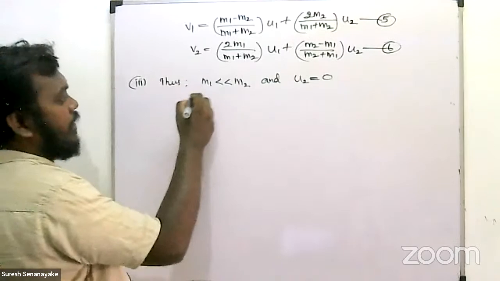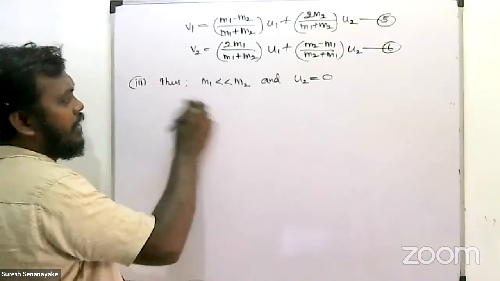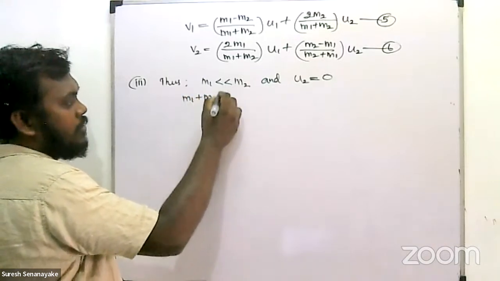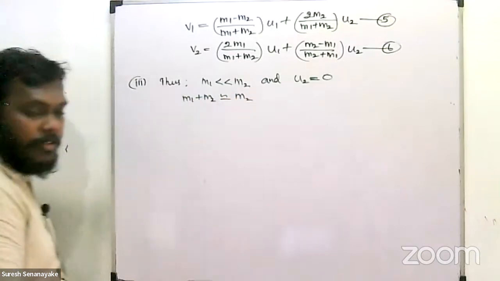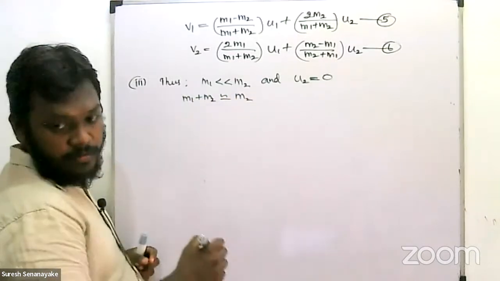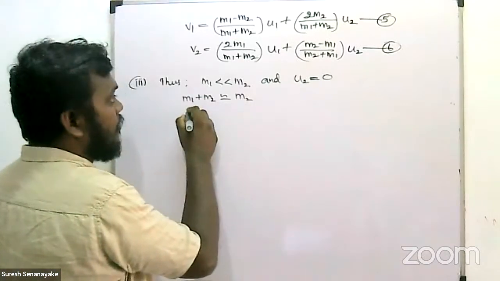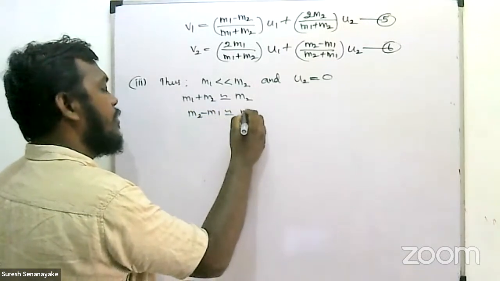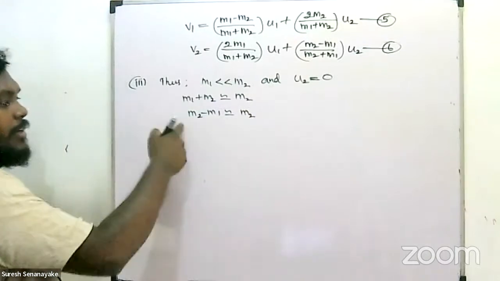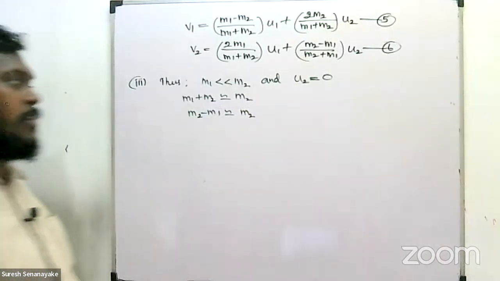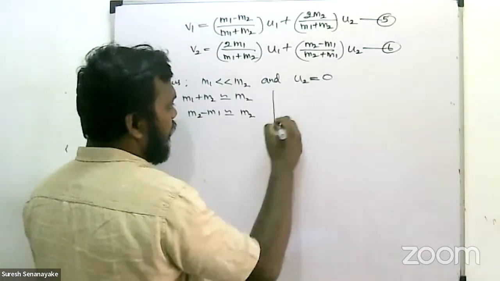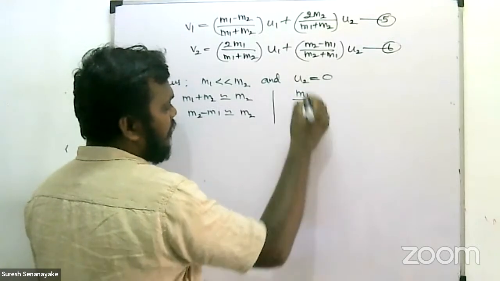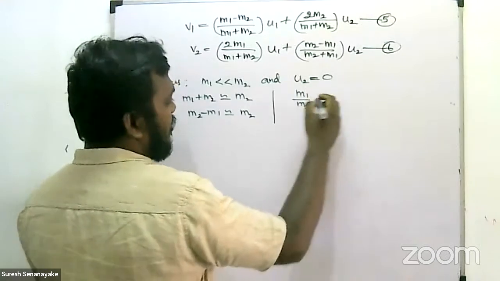Then equation number 5. Before we come to the 5, if M1 is much smaller than M2, then M1 plus M2 is approximately equal to M2 only, because it's massive. The other one is negligible. And M1 minus M2 is also approximately equal to minus M2. Also, M1 divided by M2, the smaller divided by the larger, say 1 kilogram divided by 1000 kilogram, is approximately equal to 0.